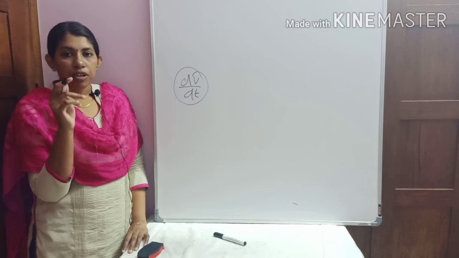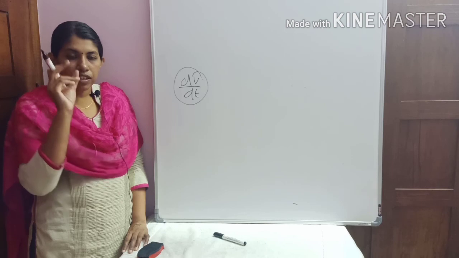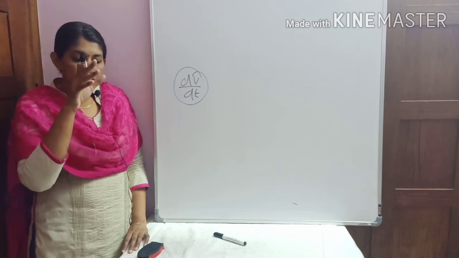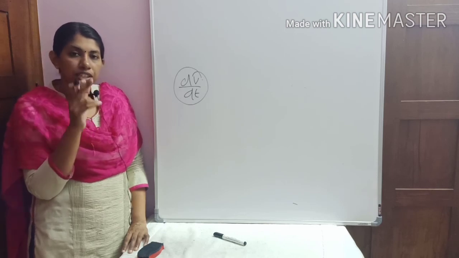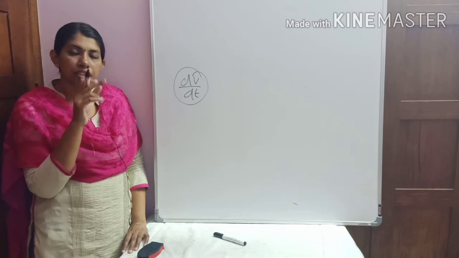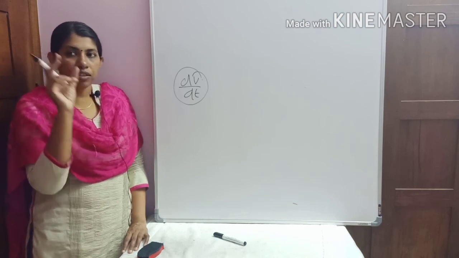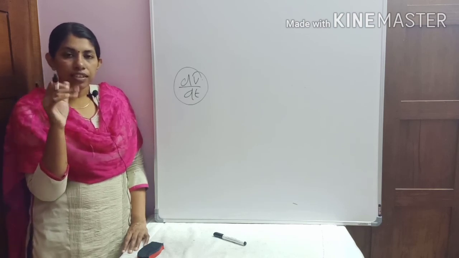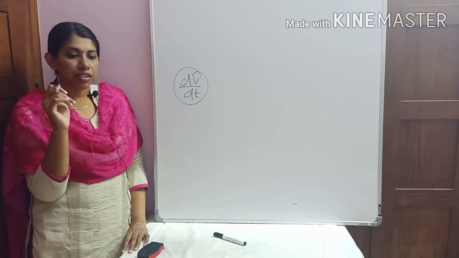For example, in a camera flashlight, we need a very large amount of energy for a short period of time. In that case, we use a capacitor. We initially charge the capacitor with a battery, and then we use the energy of the capacitor to work the flashlight. In such conditions, we will be using a capacitor.